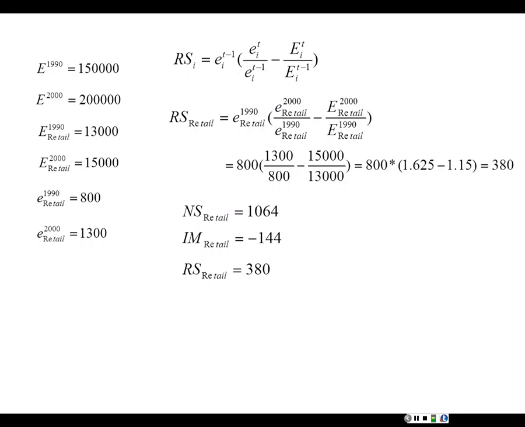And those are the three numbers you got: national share, industry mix, and the regional shift. If you add up those three numbers, it will be exactly 13,000. That's 2,000 retail employment of your local region. That's the reason we say that, for the shift share analysis, we are decomposing the 2,000, the current retail employment,